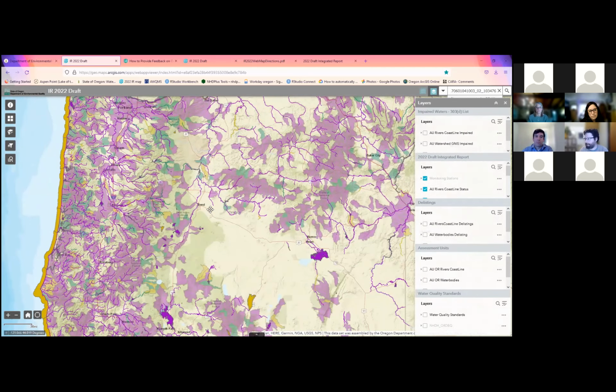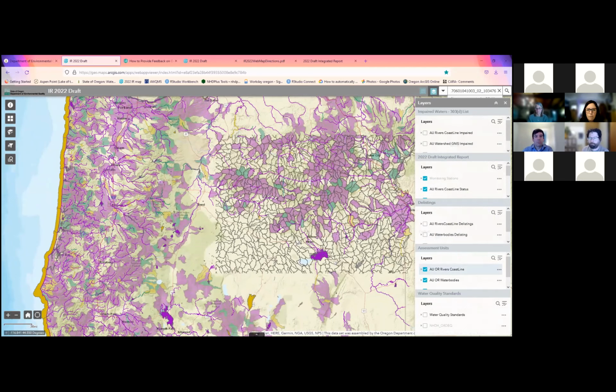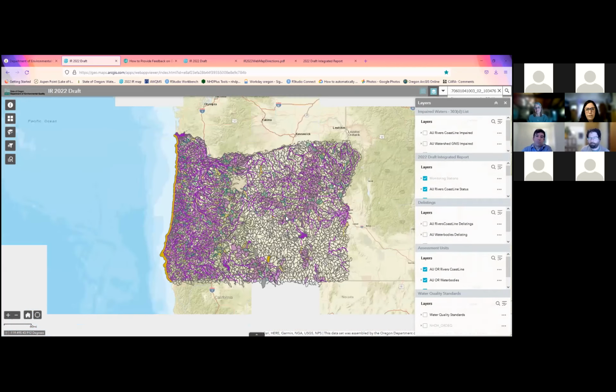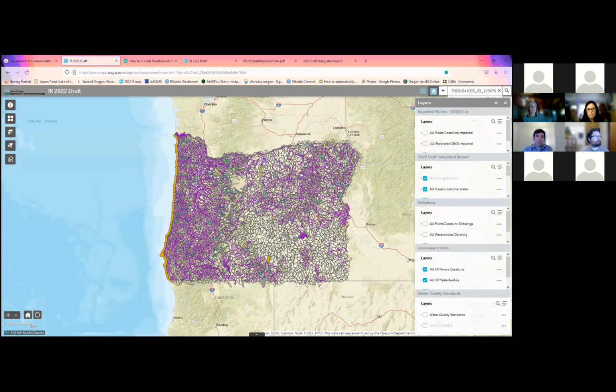All of these non-shaded polygons. Yeah, and if you turn on the assessment unit watershed areas, that'll show outlines of all the unassessed HUC-12s. As I mentioned, there's upwards of 3,500 in Oregon, and I think we have data for maybe a third of those. I think 41% of water bodies statewide, but about a third of watershed area HUCs. So hopefully that answers that question.